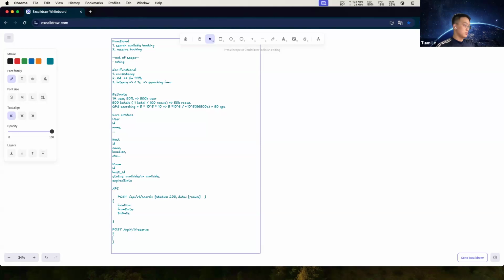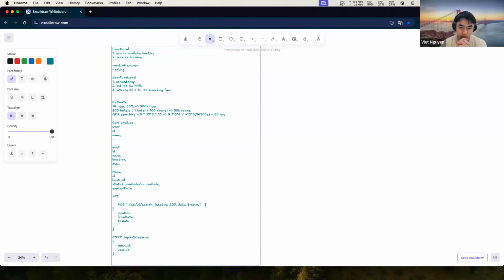In the result, we should have the room. Actually, my question is why we need the room ID in the reserve? The reason is we're booking the hotel.